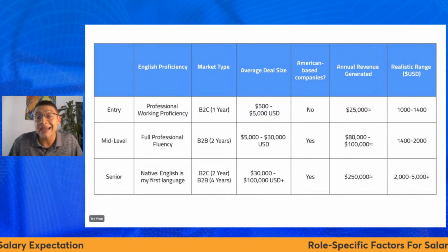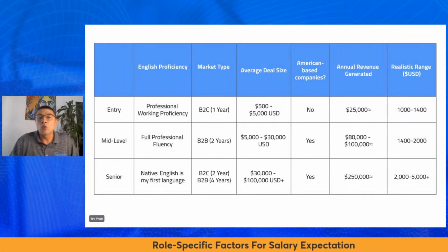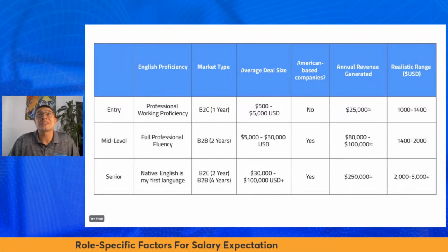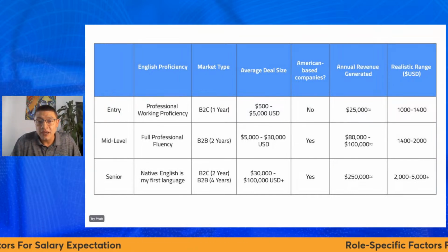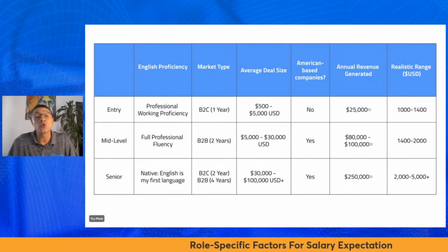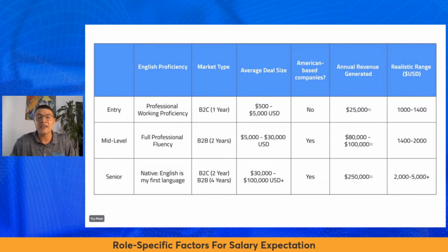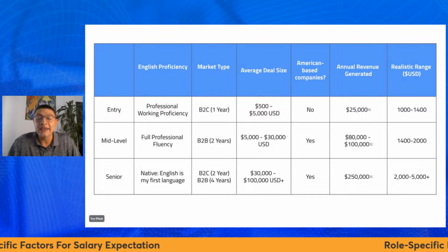So we've noticed about 1,400 to 2,000 north, right? We're seeing AEs with experience of 2 years or less, right, are closer to that range of 1,400 to 2,000 north. Enough said. You guys will be able to go over the chart on your own time as well. And then for the senior